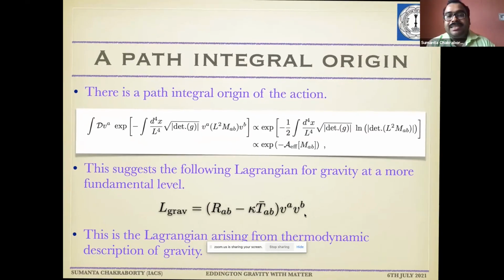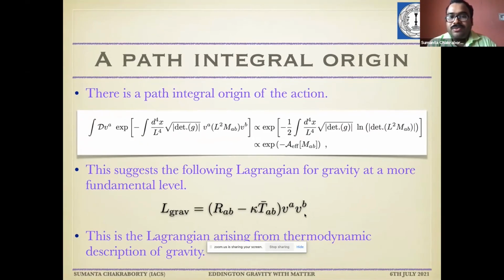So capital L is a length scale which we have introduced to make things dimensionless. You can think of it as the Planck length if you wish. Effectively, d^4x has to be made dimensionless, so there is just a length scale L associated with that. It can be anything. It will not appear in the final effective action, in the sense that there will be something inside the determinant again to make it dimensionless. But when you vary it and get to the equation of motion level, this L will not contribute.